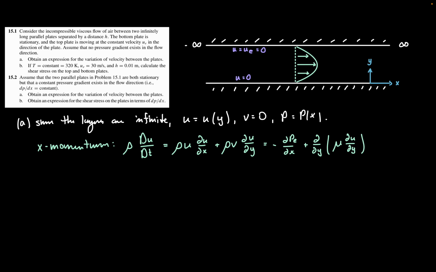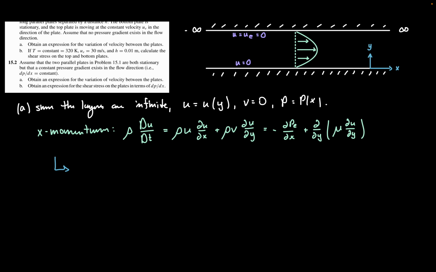So then in this problem, essentially what we have is, since v is equal to 0, this term will go to 0, and then since u is only a function of y, this term will also go to 0. So essentially this will be equivalent to 0 overall. And then here it's saying that dp dx is equal to some constant. So then we'll essentially keep this term on the right side, and we'll set that equal to 0. So let's write this out here. So we have 0 is equal to dp dx plus del over del y times mu del u divided by